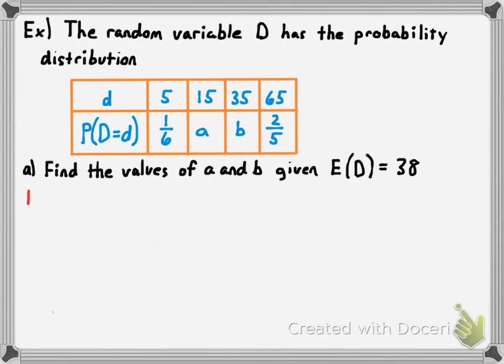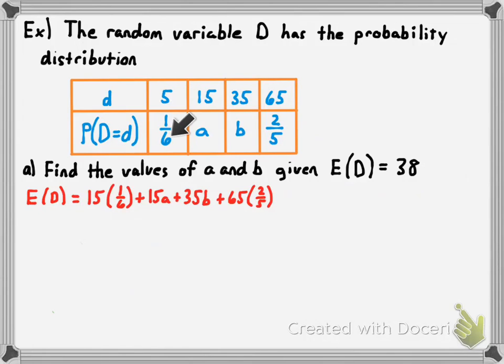You know that the expected value is calculated by multiplying each outcome with its probability and then finding the sum of those products. Let me write that out. All right, you see I just did 5 times 1/6. Well, don't know why I got a 15 there then. 5 times 1/6 plus 15 times A, and so forth. All right, now 2 things I'm going to do here. I'm going to simplify the value on the right side a little bit. So we're going to have 5/6 plus 15A plus 35B